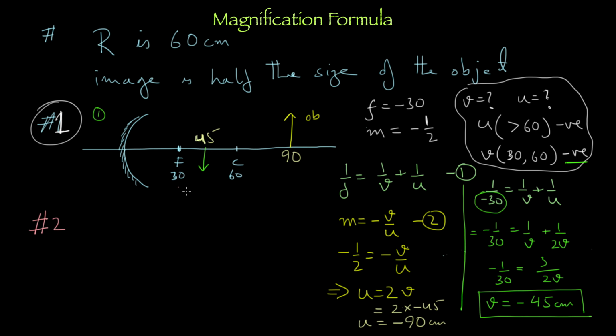Because the point of the diagram is, you make the diagram, you do the calculation, you get something wrong, you know that your calculation is wrong. Why? Because this diagram, can it ever be wrong? If something is beyond 60, then the image has to be between 30 and 60.